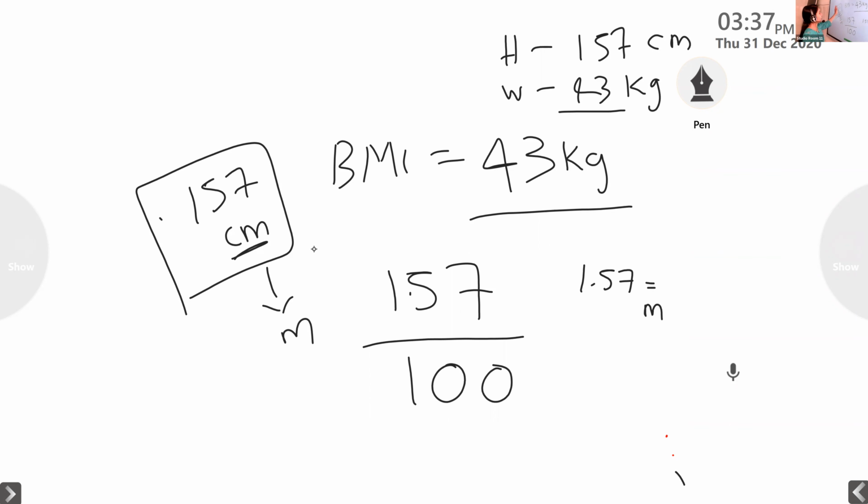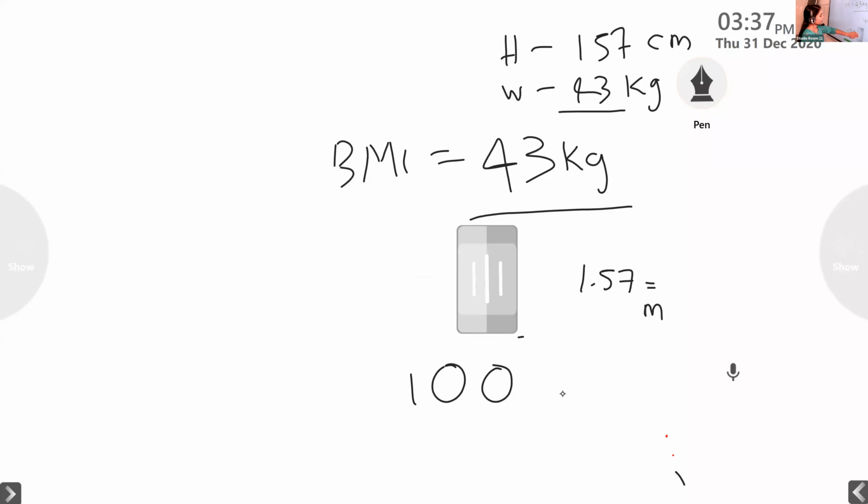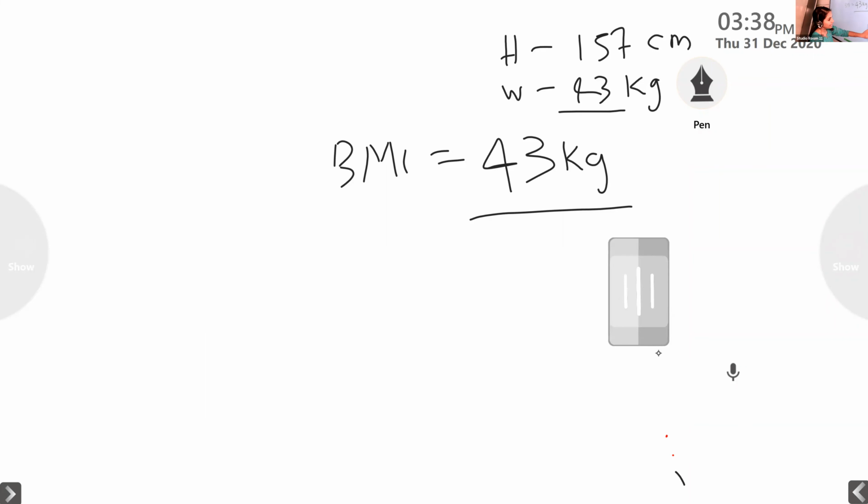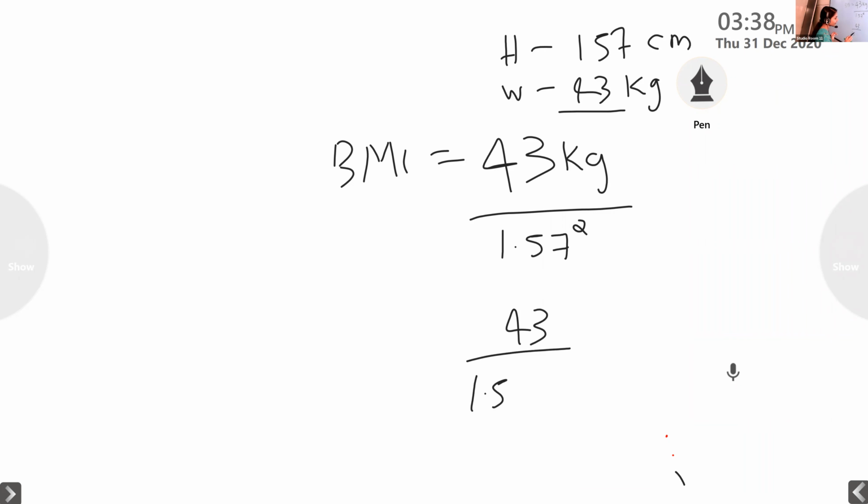So in the equation, the weight in kilograms divided by our height in meters squared. So 1.57 squared, which means 43 divided by 1.57 into 1.57. So you get a value, that is your BMI. Look at the table in 342. If the BMI,